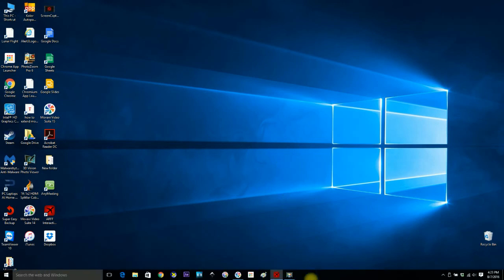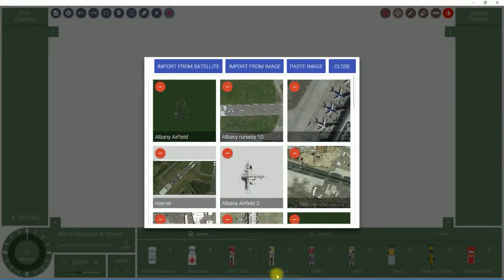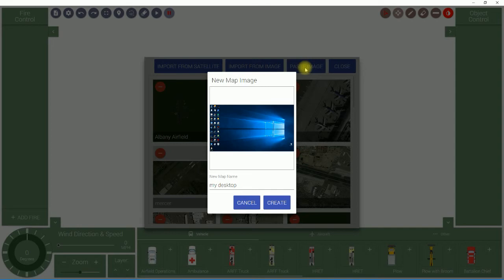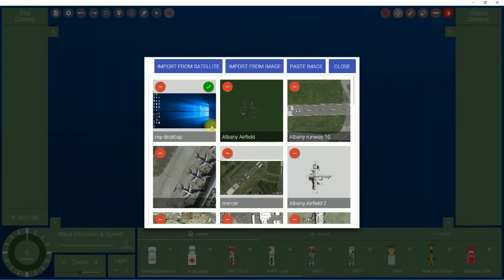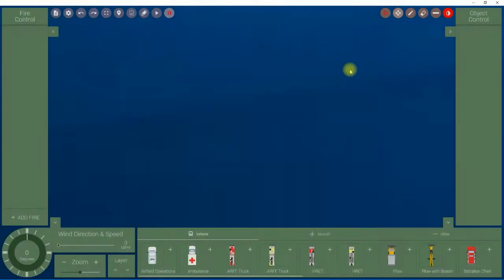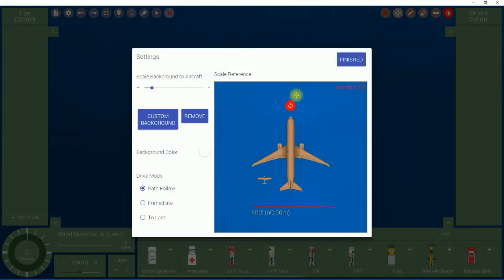So I'm going to take my mouse, come down here, and bring up the ARFF Interactive Board. Now I'm going to come up to Paste Image, and I've pasted it. All right. Now it's my desktop, and you can change it to say whatever you want to say here, but it's my desktop, and I'm going to hit Create. Now you can see it's in my library here, and it's selected, and it's on the screen right here. So I'm going to hit Close, and the settings window will come back up, and here we are in the settings window. So I am going to pull it back